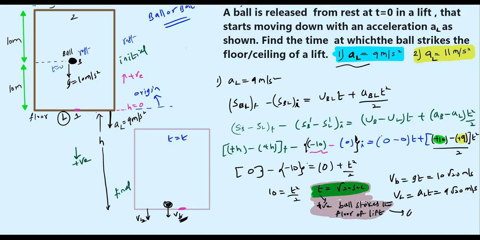So assumption is, what is assumption? That ball will strike the floor. See, I was not knowing whether ball will strike the ceiling or the floor. We don't know. We just made an assumption. I just assumed that the ball will strike the floor. I got time positive. Then what I assumed is correct here. We'll choose the second situation. The same thing. If the lift is same diagram,